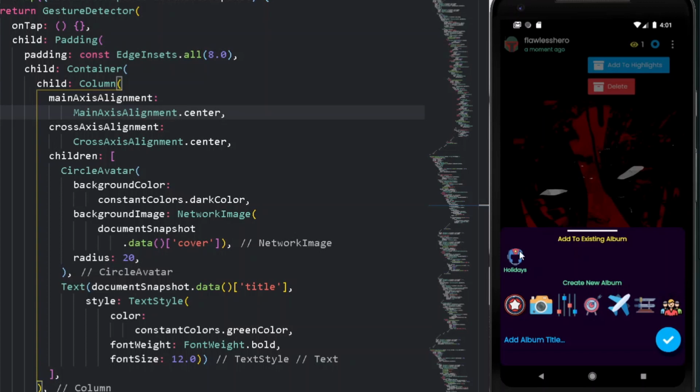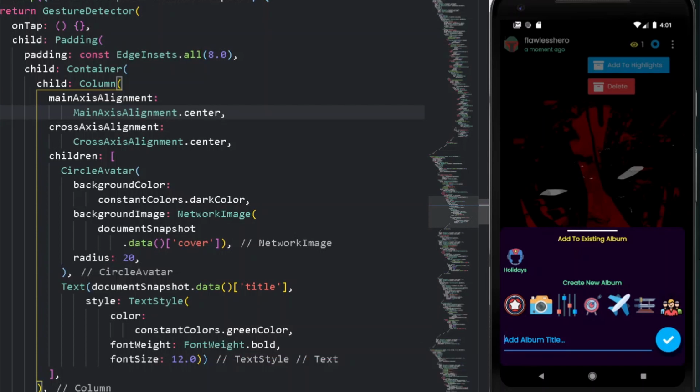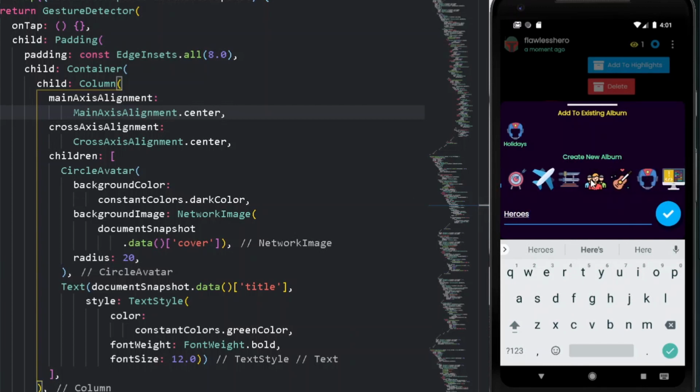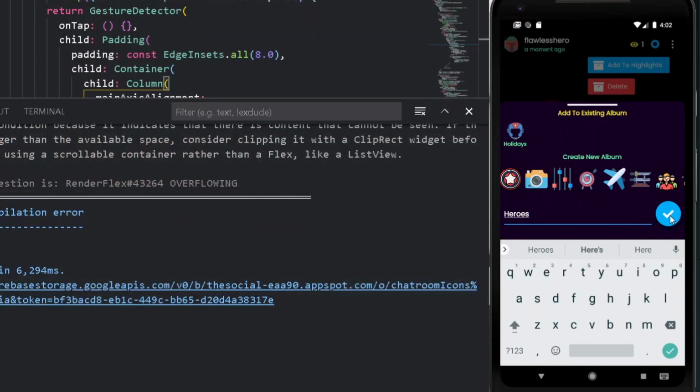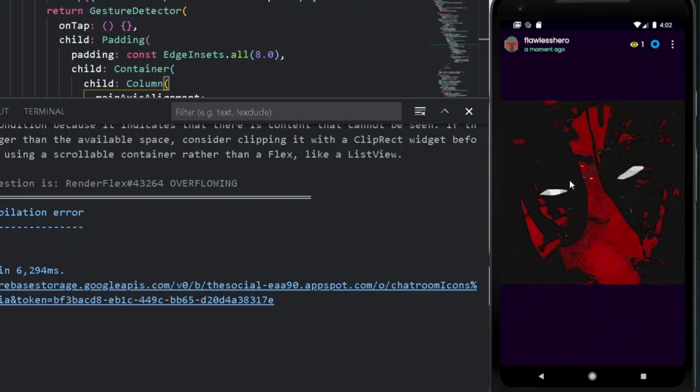But now what I can really do is create one more album. So for adding an album, let's create our entire text field, that is open our text field, and here let's have a new collection of heroes. Cool. So let's have a new field of not this but of this one. Let's take a debug console. So now after pressing over this, a new collection is created of heroes. So now let's go back to the following stories.